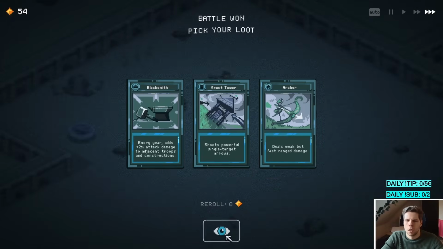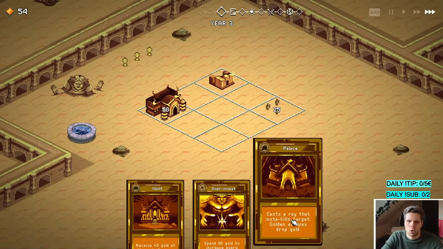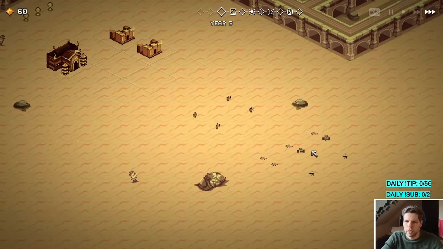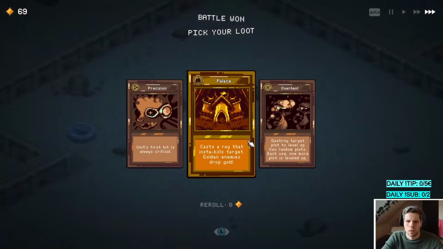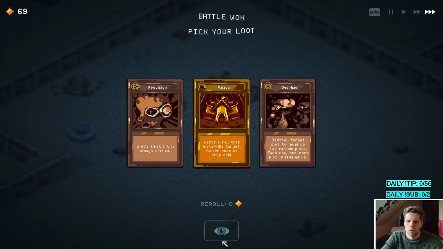We don't want anything here. Palace is good, so we just level up our... We should be greedy, I think, and just take down one more vault for a bit more money gain. And then we just beam down the dudes. And we are... Yeah, I guess it's fine. Wait, we actually could...